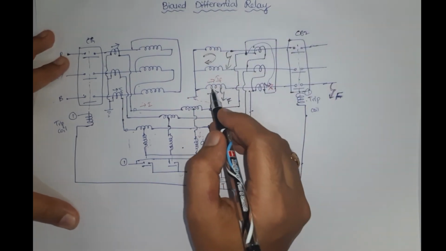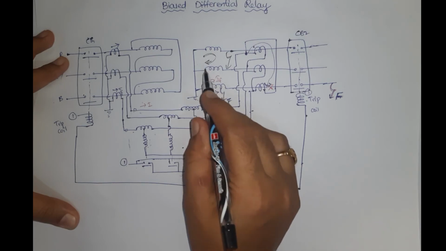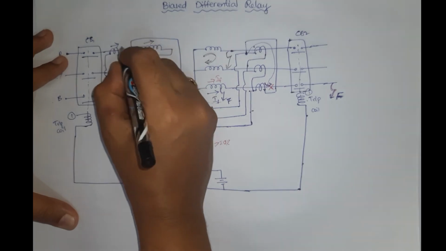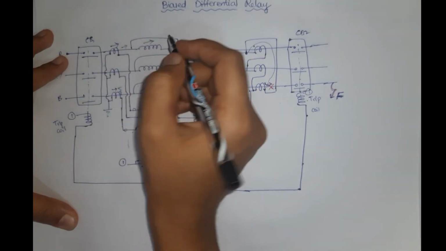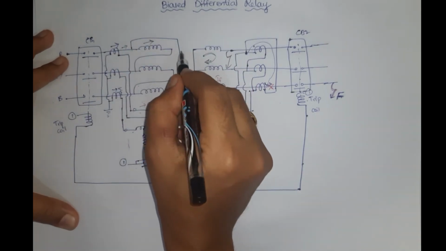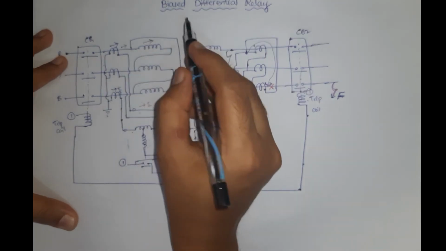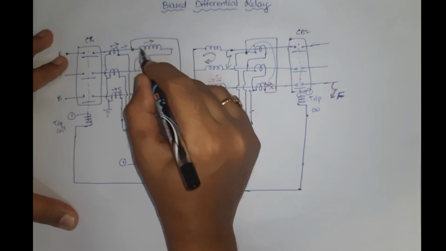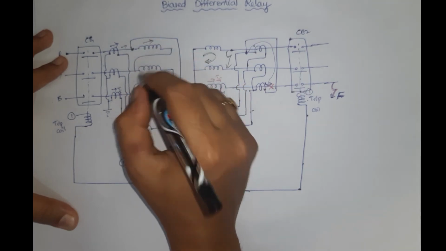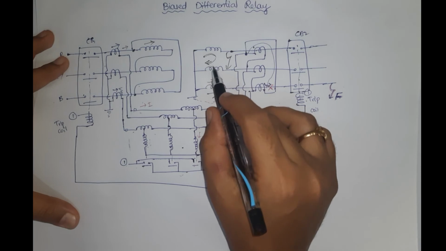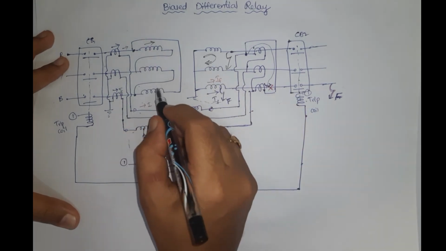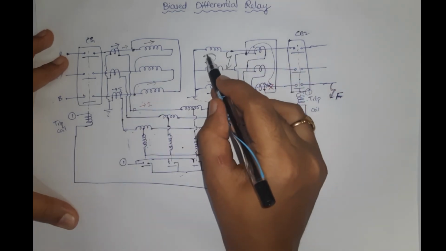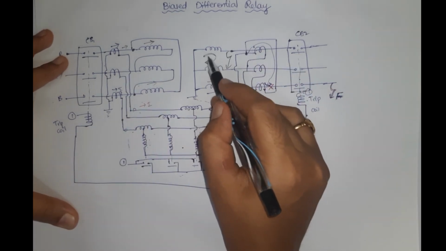So from where is it supplied then? It is from the primary, this coil supplies that one, and it gets from this one. So this coil is affected and the other connection is given to this coil. So one end of this coil is connected to this one. That means the fault current whichever is happening here, this coil also corresponds to that fault current, right? But here if you see, it goes on circulating in this one only.